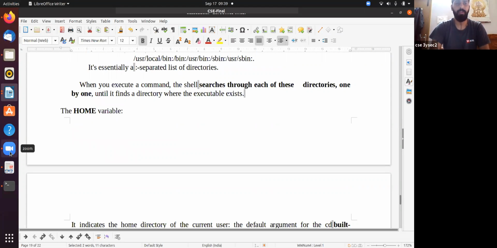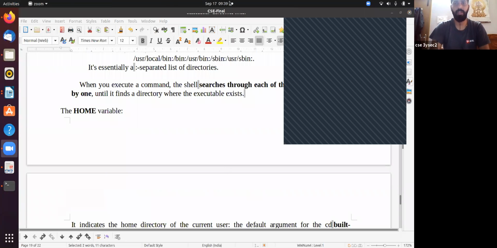Does anybody have any doubts regarding this or our previous classes? Anybody can ask. Okay. In our class 90 members are there, so minus 2 means 88.